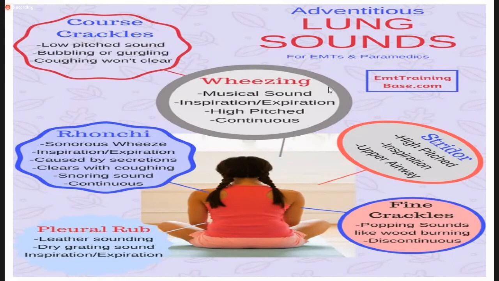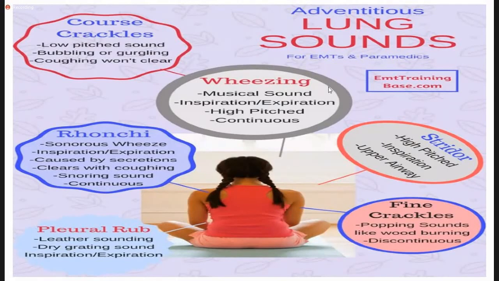The stridor is again a sound resembling a rhonchi, which is produced by partial obstruction of the larynx. So basically, a stridor is at the upper bronchial level due to an obstruction in the upper airway. It can be partial obstruction, it can be complete obstruction. And if this sound, stridor, is more on inspiration, when the air is trying to go inside due to partial obstruction, the sound is produced, which is known as stridor. Stridor again has to be heard without a stethoscope. You can hear it actually.